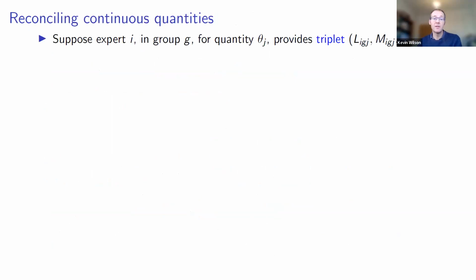Okay, so the way that we're going to do this is using Bayesian hierarchical models, because they're fast and efficient to compute, and they allow us to investigate nice flexible dependence structures between the judgments expressed by different individual experts. So we're going to set up a hierarchical model which will allow us to do this Bayesian reconciliation, to update the decision maker's beliefs in light of hearing the experts' quantiles. First of all, some notation. Suppose we've got an expert i, and now we've got an extra subscript, group little g, for quantity theta j, who provides their lower quantile, their median, and their upper quantile.